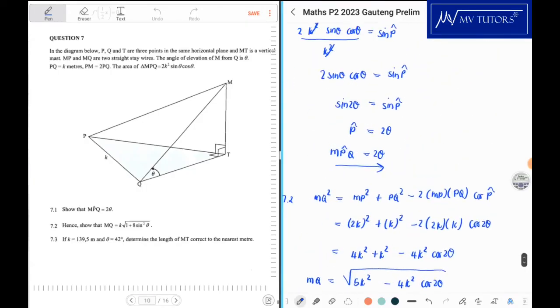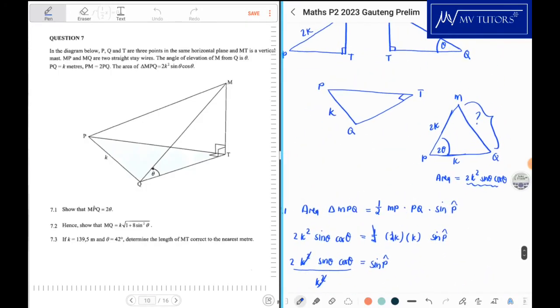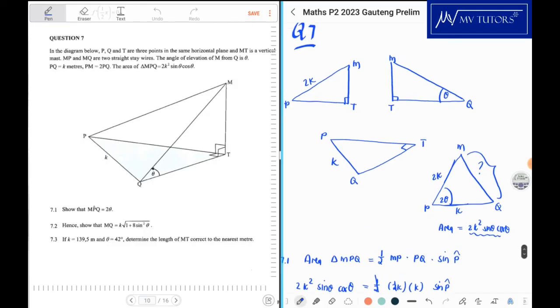We have MQ, right? Now they want MT. So I suppose, which triangle should we use? So I have MQ. They're looking for MT. Okay. And TQ, do we need it? Do we have it? No, doesn't matter. All right, so yeah, I think we can then use,